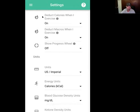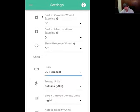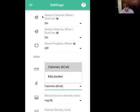You're going to want to establish your units. Are you in Europe or Canada where you may use the metric system? So you're going to want to change that to metric as opposed to imperial. The rest of the world is on the metric system, I think we're the only country still not on that, ironically. I think they told me in 7th grade we were going to the metric system and I need to learn it. Still hasn't happened. And then you're going to want to establish, this is where the metric system comes in again, whether you're going to be measuring calories or kilojoules,